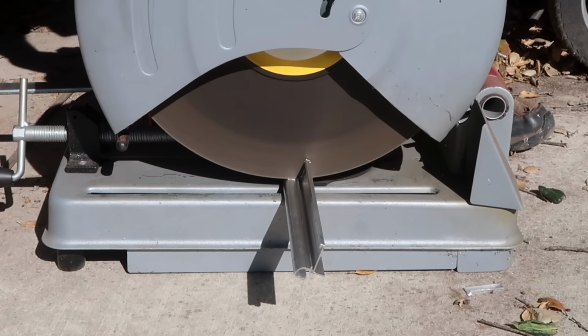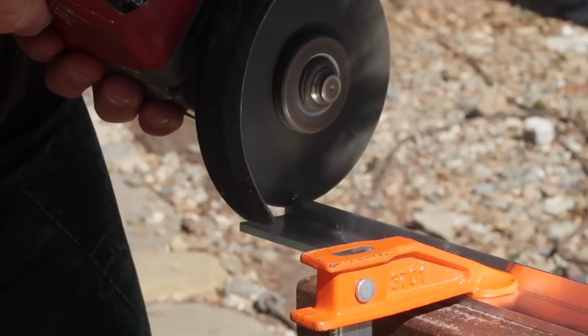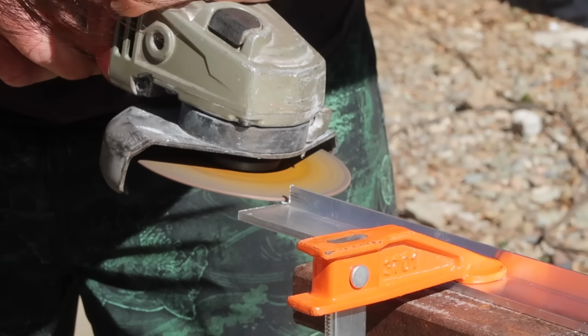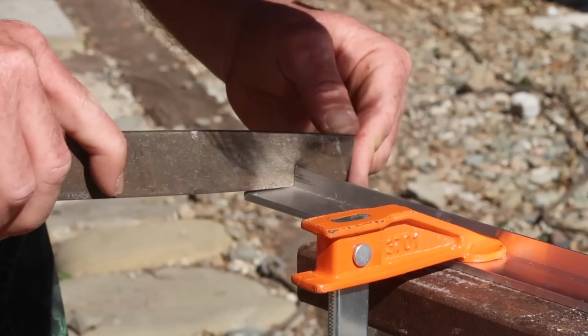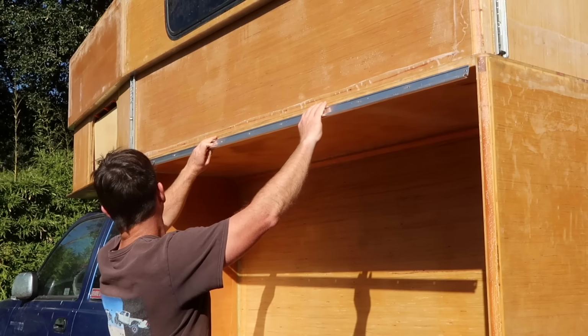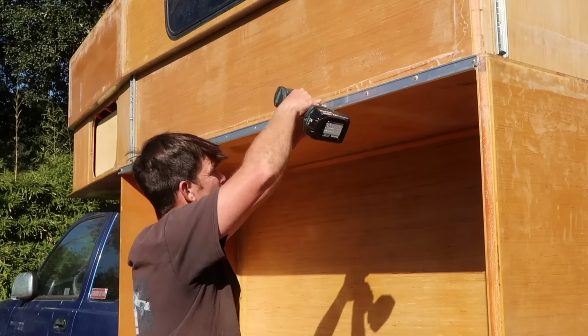I decided to use an aluminum hurricane hinge to mount this door across the top edge. I cut it to a length 1/4 inch longer than the door and notched it on each end to fit with a slight overhang at the front and rear, to avoid water running into the storage space when the door is open. Then I attached the top side of the hinge to the camper with construction adhesive and No. 8 panhead screws,